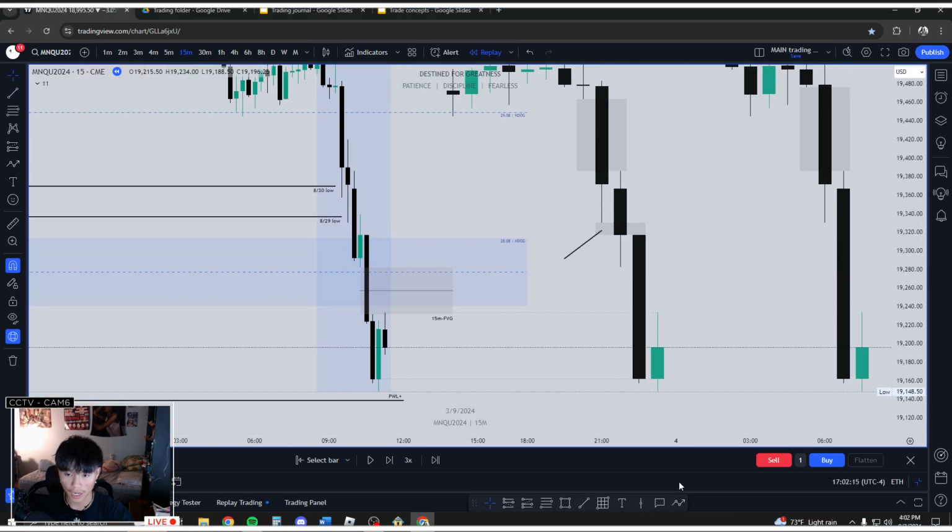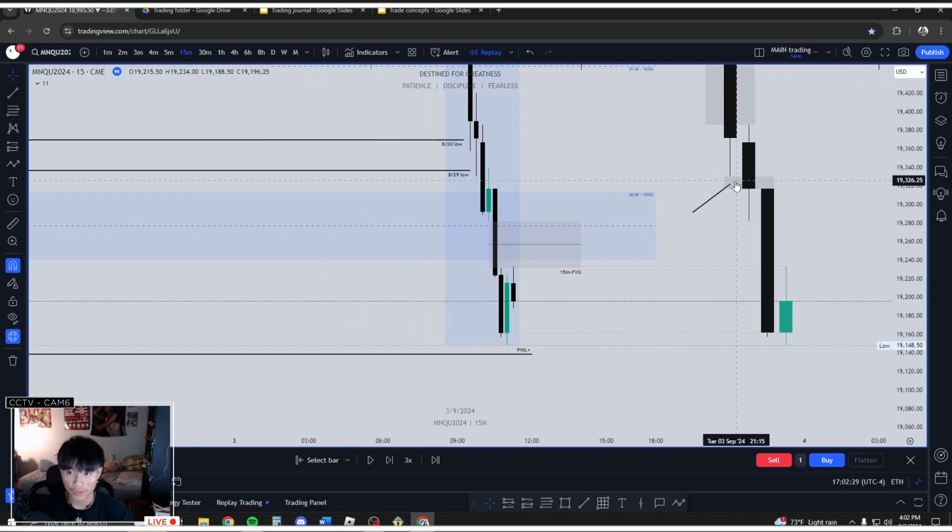Reason being is I want to see prices take out this 30-minute low first, and then maybe retrace back into here. So we took out the 30-minute low, right? And then we started retracing back inside this 15-minute fair value gap. So I told myself, okay, if we can get a bearish reaction to this 15-minute fair value gap, and whenever I say bearish reaction, all I mean is if we can get a bearish 15-minute power of 3,